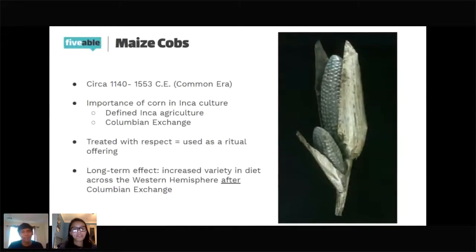If you want to overlap it with culture, Incas treated corn with respect. It was actually used as a ritual offering. I mean, you may be thinking they just had human sacrifices, not all the time, but they also offered their harvest. Once again, their animals. So since corn was their primary crop, they did offer that to their gods in those sun temples, like Harakucha earlier. And once again, the long-term effect is that you have increased variety in diet in the Western Hemisphere,